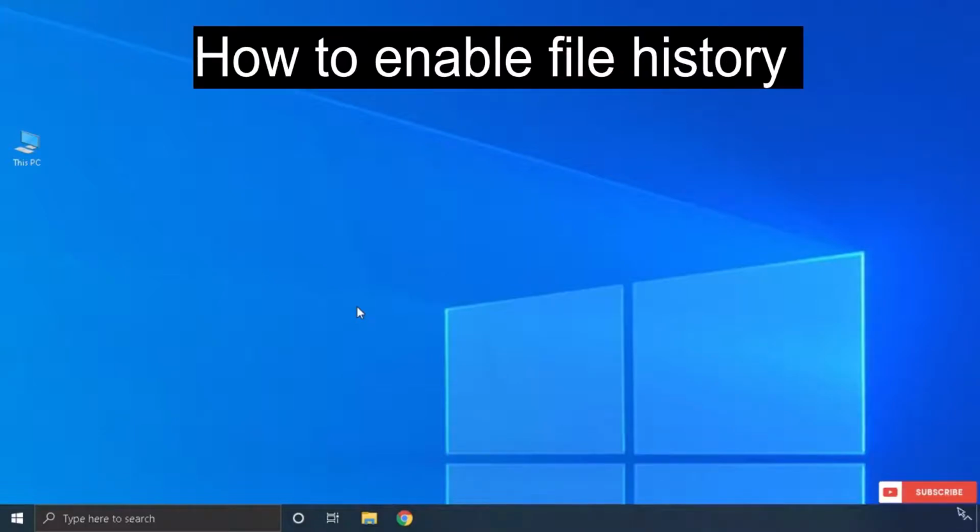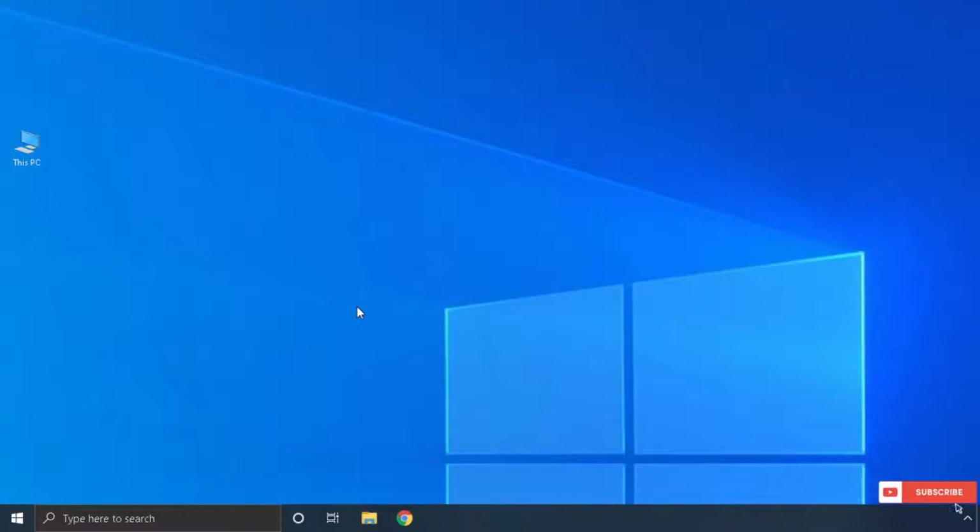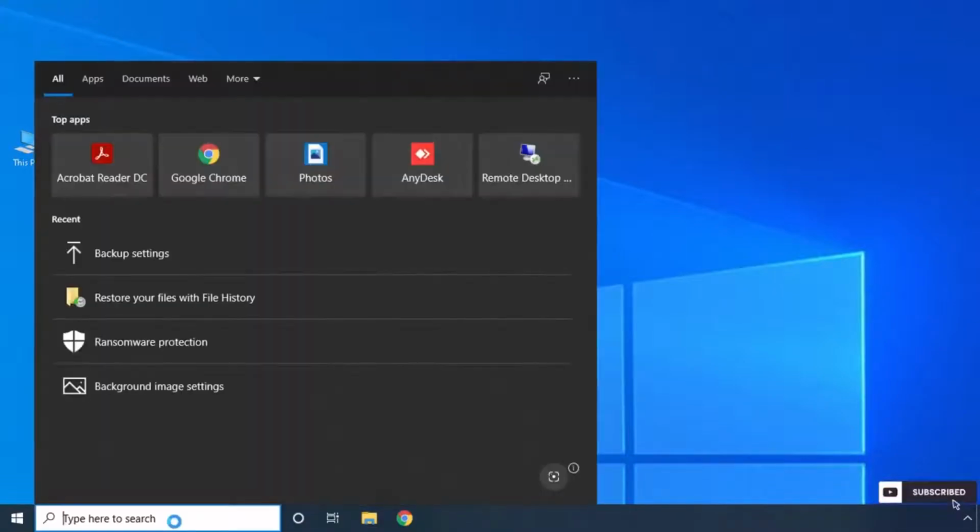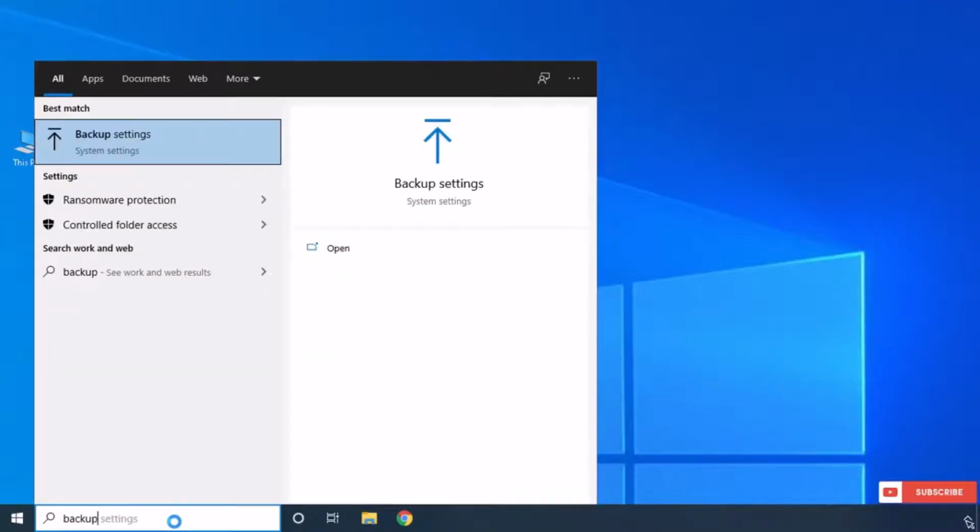Let us see how to enable File History. File History is designed to be quick and easy to enable, unlike other complex backup tools. To enable it, first you have to connect your external drive or USB flash drive. Then in the search box, type backup and click backup settings,